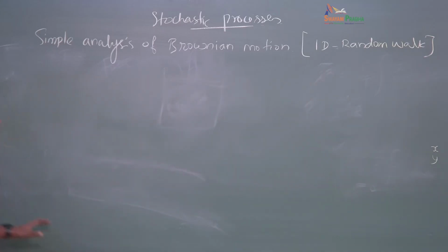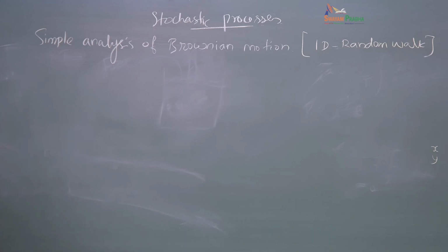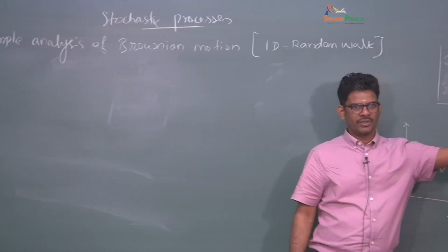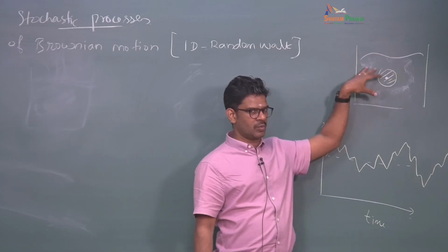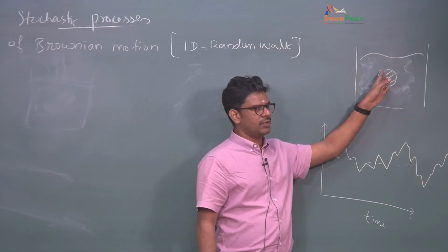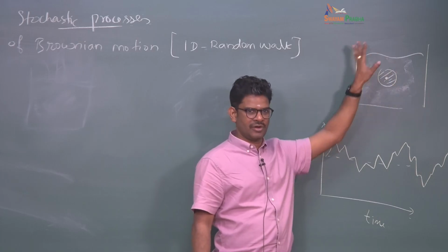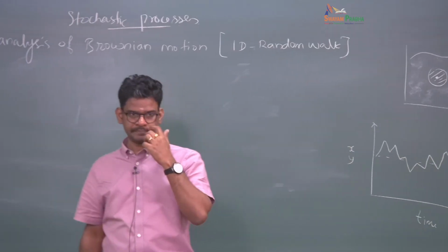Before we discuss the treatment of Langevin and Einstein's approach, we will take the most simple approach that you can teach a high school student about Brownian motion. Okay. So again, when we think about Brownian motion, we have this picture following what Brown was saying, that there is some particle of micron size suspended in water or a water-like liquid. This could be of any origin, organic, inorganic, nearly spherical, not necessarily spherical, etc. All these characteristics are nicely summarized here. So that's the picture that you should have in your mind.